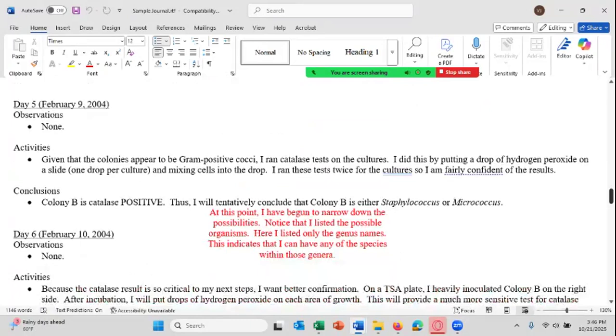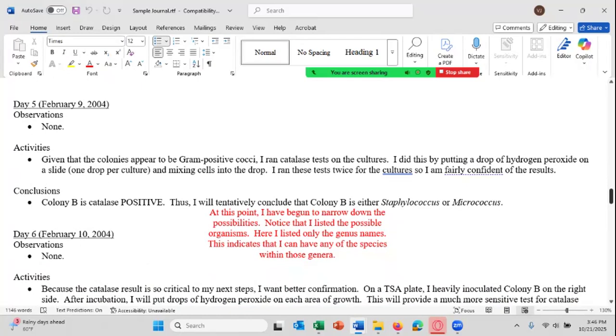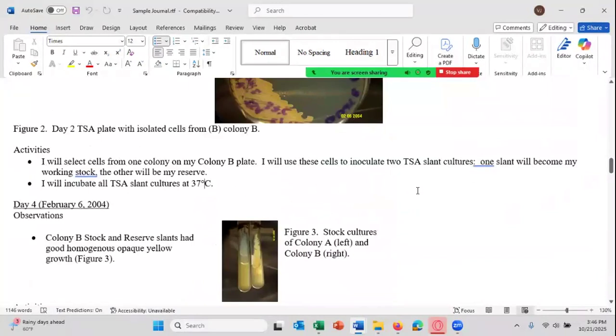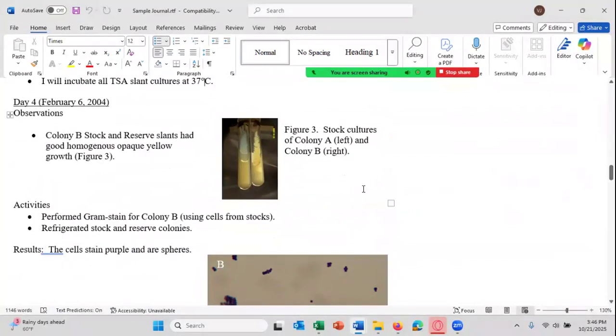Yeah, so you said you were going to be sending us the first couple, is that right? The first 3 tests. Okay, so when we write this, should we write it in a way saying today we streaked out for a certain test, or should we just say we requested a test today? You should state that you streaked out your cells for getting isolated colonies, so you should start that today. Okay. And you should also say that you started the gelatin hydrolysis test today, because I'll send that out. You'd need to start this test today so I can send you the results next Tuesday. So this test will be started today.